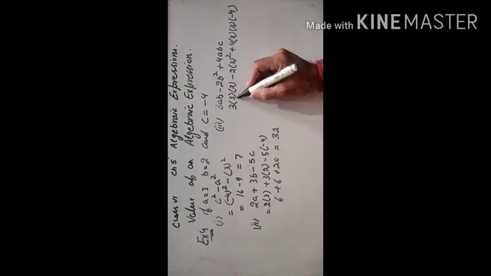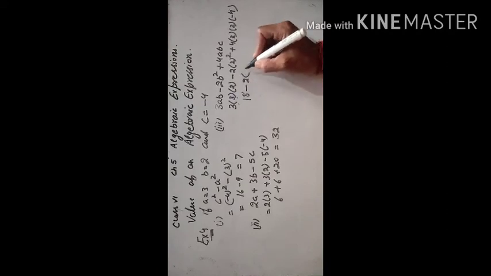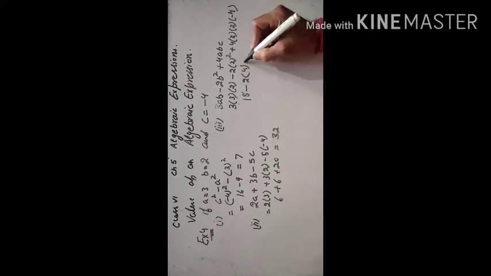Now 3 into 3, 9, 9 2s are 18, minus 2 into 4 plus